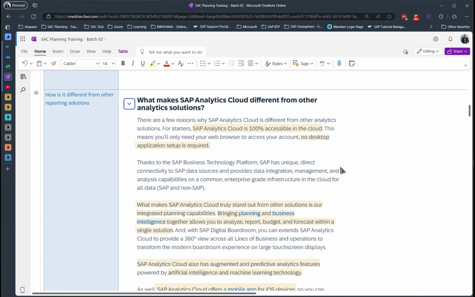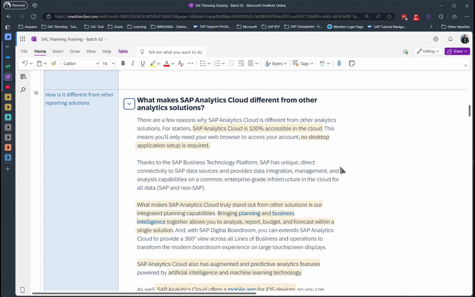It is also available on a mobile app. So you can have a mobile app, you can have a laptop, you can view it on a desktop, on a monitor, on a big screen. So it supports multiple devices. It's a cloud-based tool. It's a reporting and planning tool. Actually, I should say planning and reporting tool because it was created for planning.